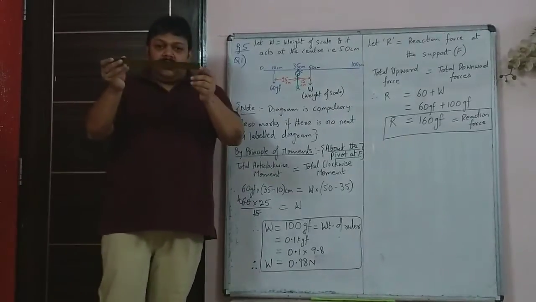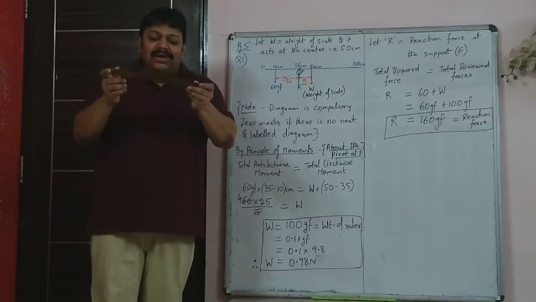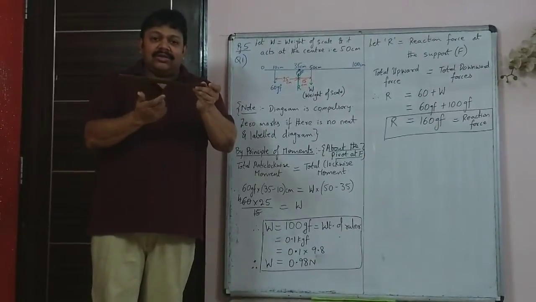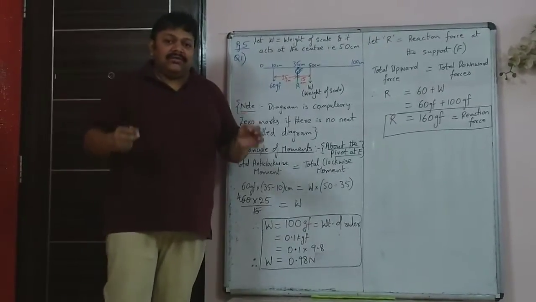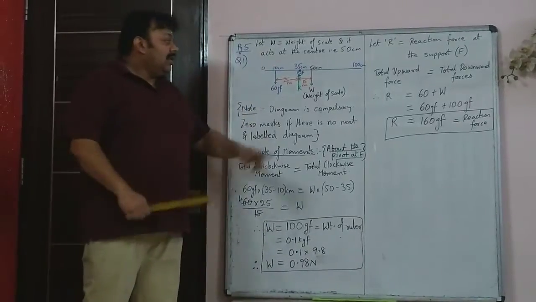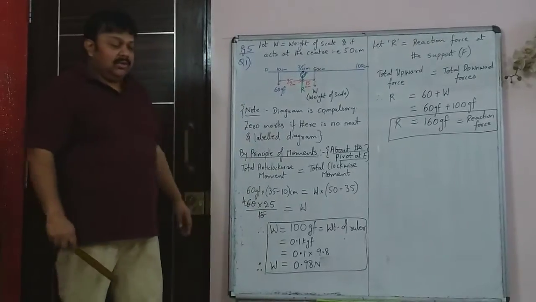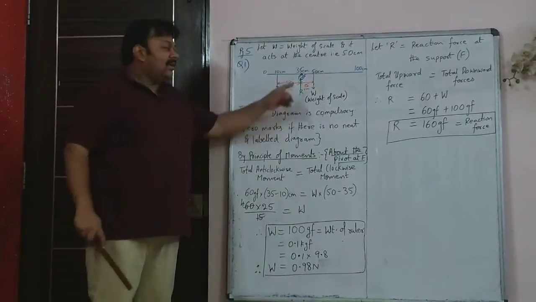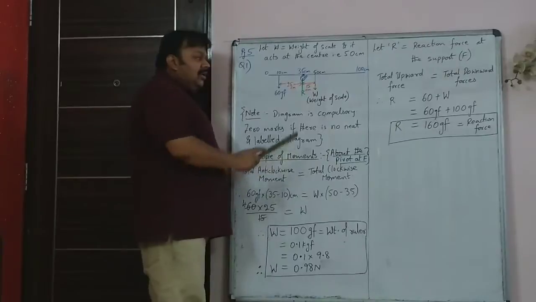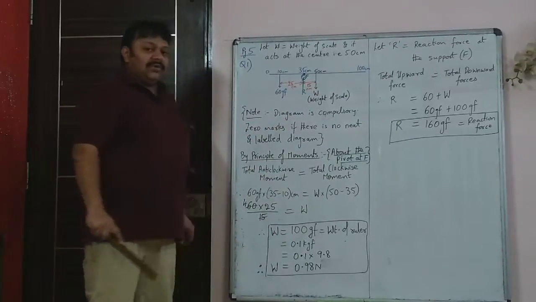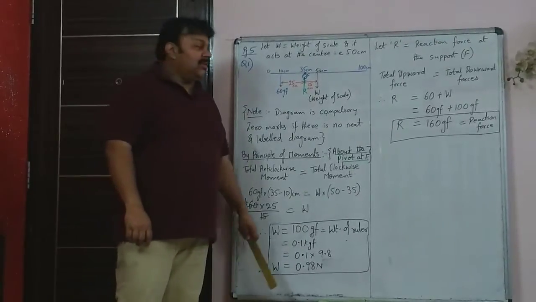Now consider any rod, any scale. If it is uniform, its weight will act at the center of gravity, that is at the center of the rod. So any rod will have a weight which we consider it to be W, and that weight acts at the center. That may not be given in the sum, but you are asked to find it. So the weight of a uniform rod acts at the center of the rod. In this case, the rod is 100 centimeter long, so its weight acts at 50 centimeter mark. The weight of the rod acts at the 50 centimeter mark.